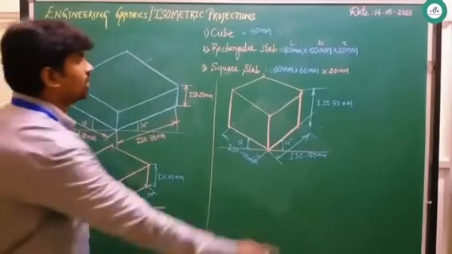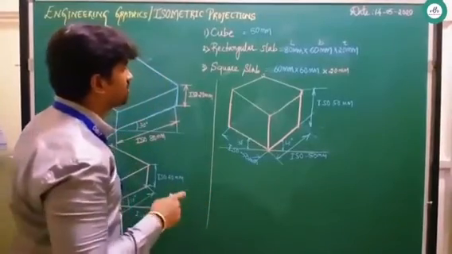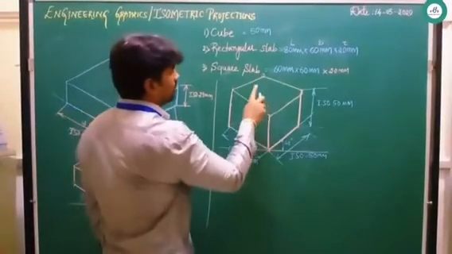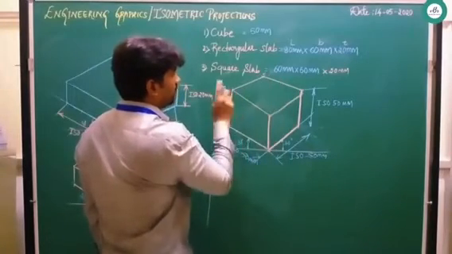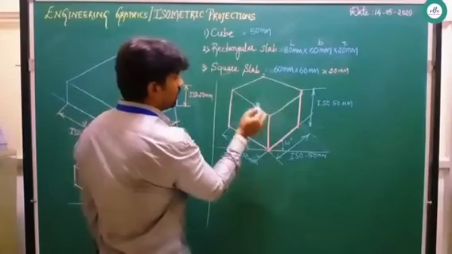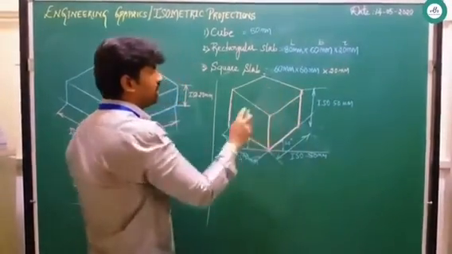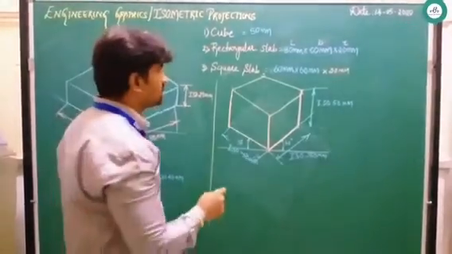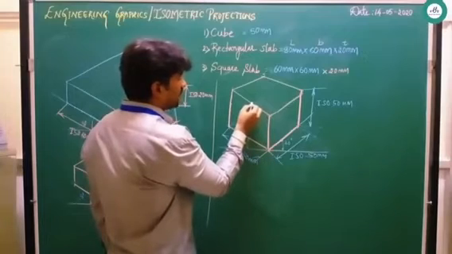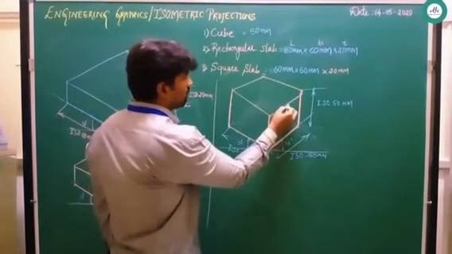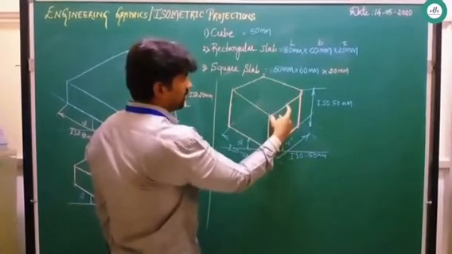Next, further coming to this first problem, how to identify the center, I will show it here. Coming to this top face, we know that this is measuring ISO 50, ISO 50, ISO 50. Now in order to identify a center, please don't identify center by drawing the diagonals. You need to identify it this particular way. Take half of this, that is ISO 25, ISO 25, ISO 25, ISO 25. Since it is 50, I am taking half of it.